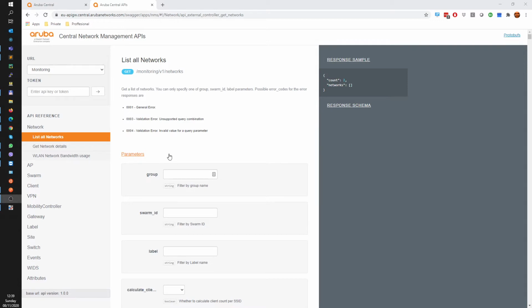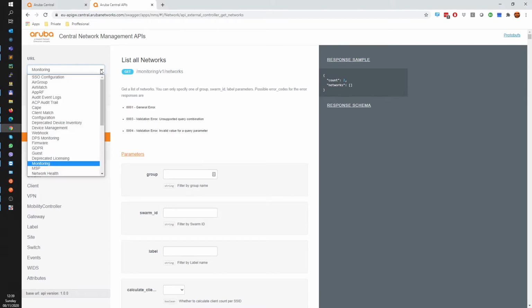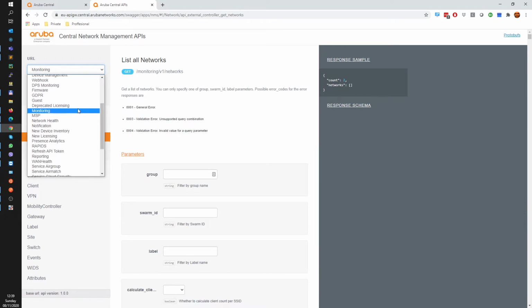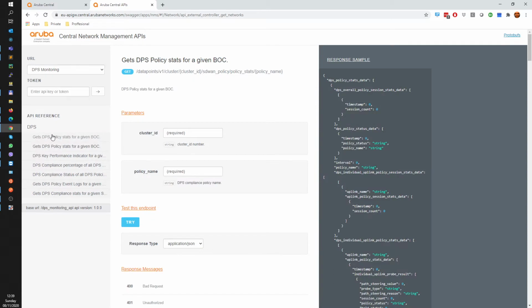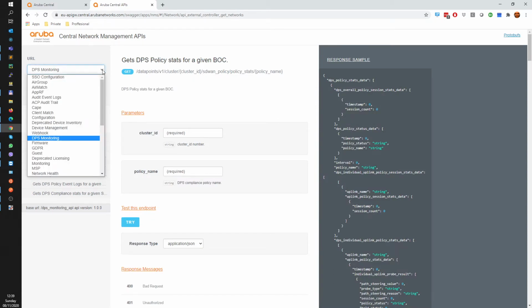This is a sort of library for API endpoints that you can use to configure your central deployment. And as you can see, there are a lot of API endpoints that you can use in order to accomplish this. The endpoints are divided into groups here, and you can select various groups of API endpoints.